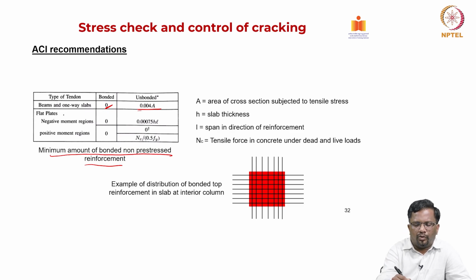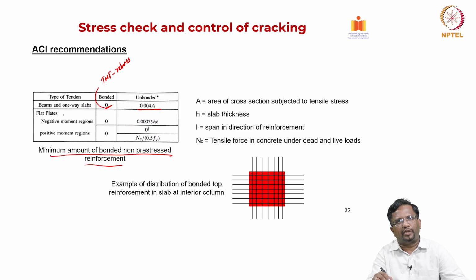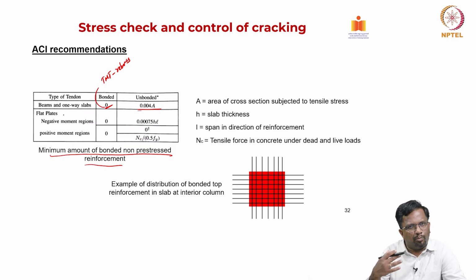So, there is no requirement for TMT rebar. When you say non-prestressed rebar, we are talking about the TMT rebars that we typically use, which are passive rebars, right. So, when you go for a bonded PT system, either it is a beam and one-way slab or flat plate, I do not need to have extra TMT rebar, provided the PT cable is satisfying the minimum